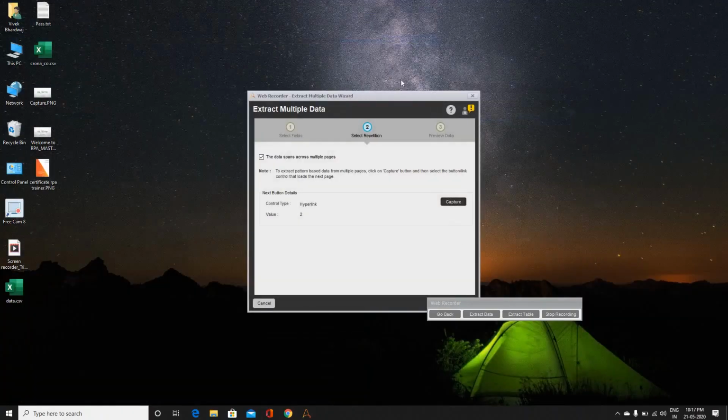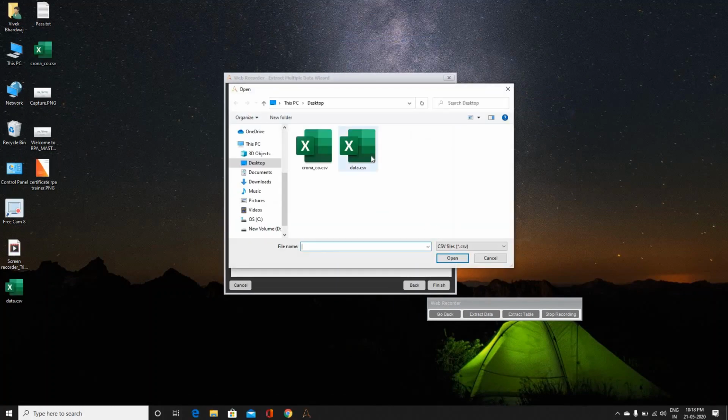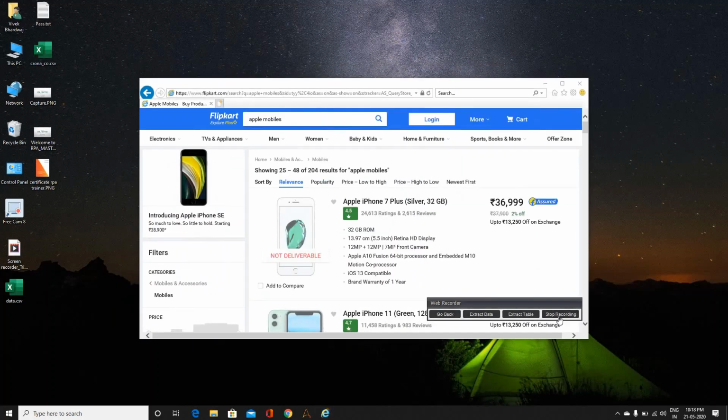Now click on the Next button. Now where we want to store this data, we have to select the CSV file, click over here, Finish and stop recording.